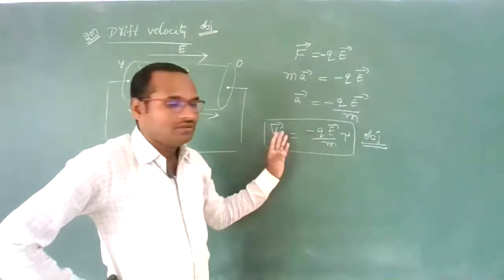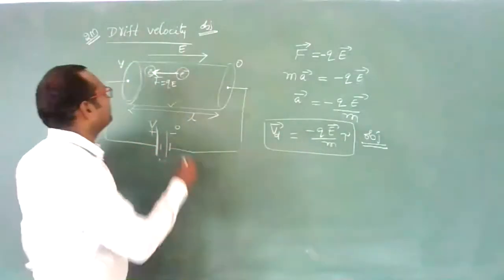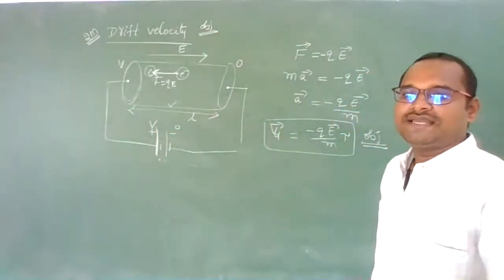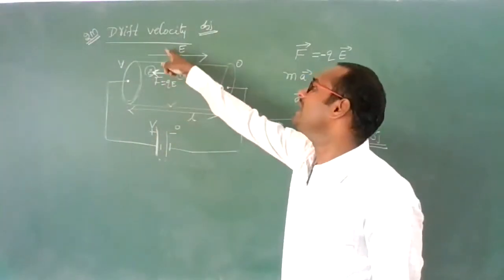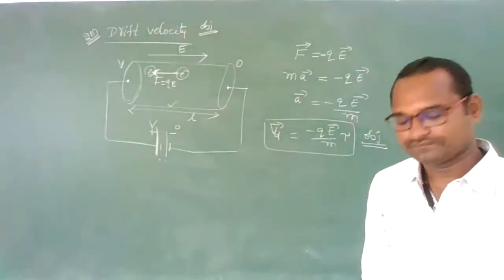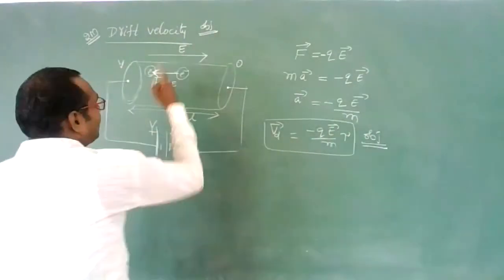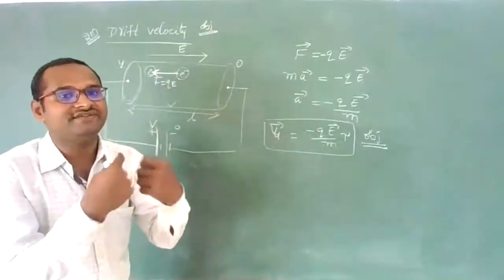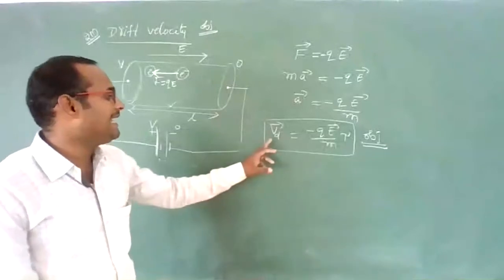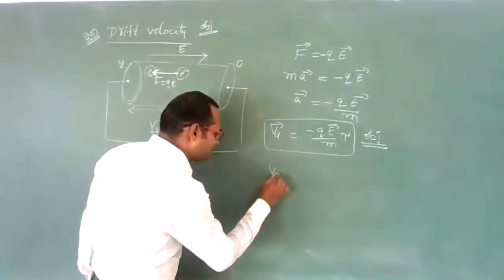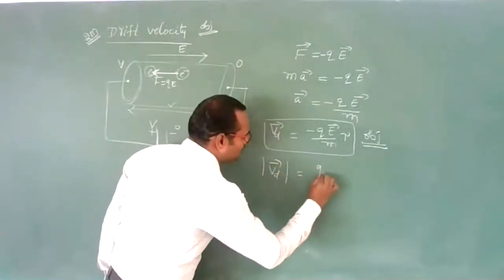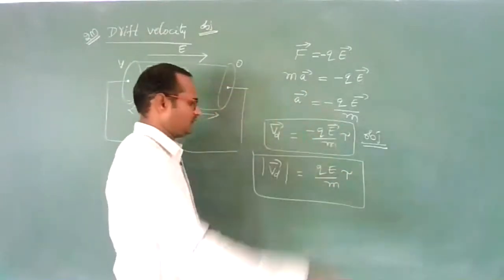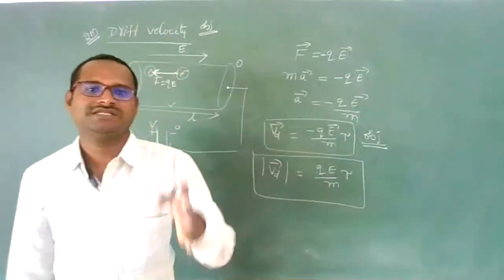Okay, now? Yes. So, definition of drift velocity. Drift velocity is nothing but the average velocity with which an electron gets drifted due to the external electric field applied. Whenever an external electric field is applied across the length of the conductor, the electrons of that conductor will get drifted with some velocity. That velocity we call drift velocity. And the drift velocity magnitude is QE by m into tau. Very important formula. You must remember.